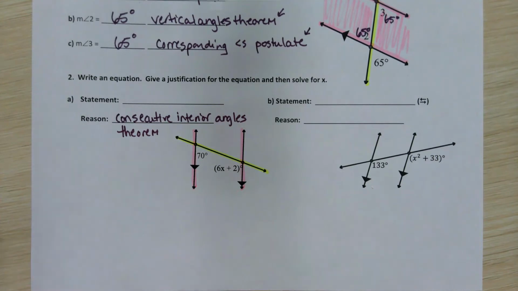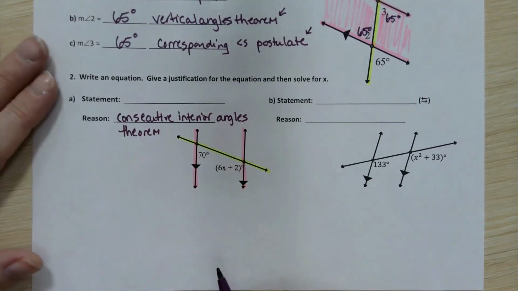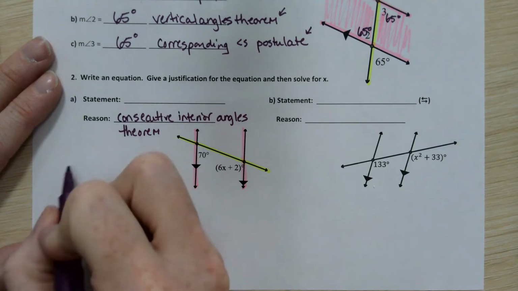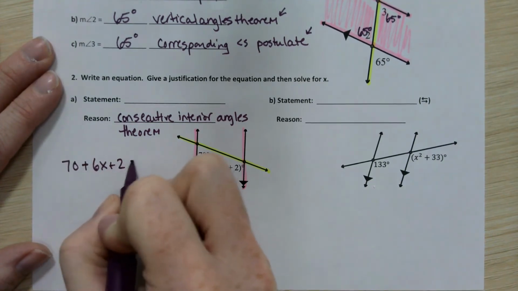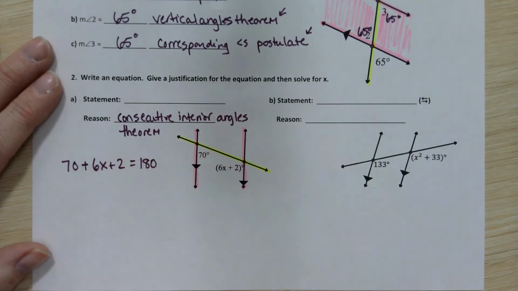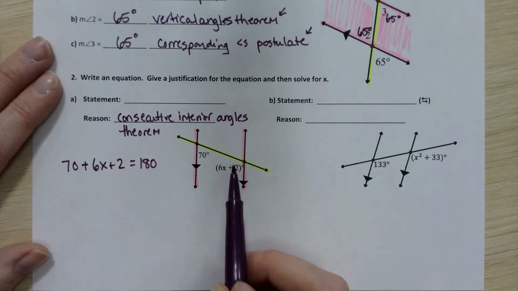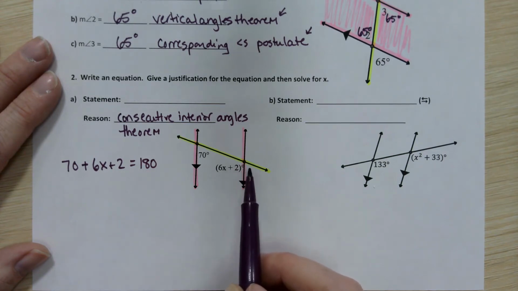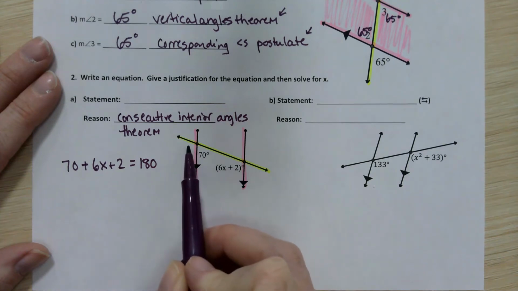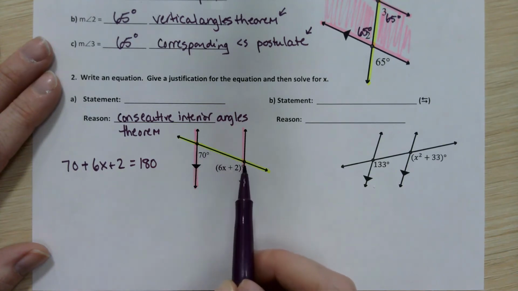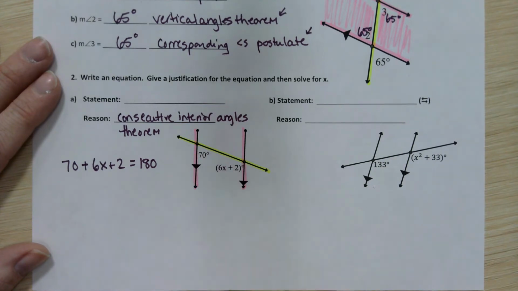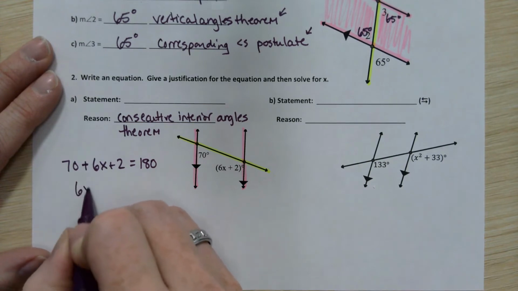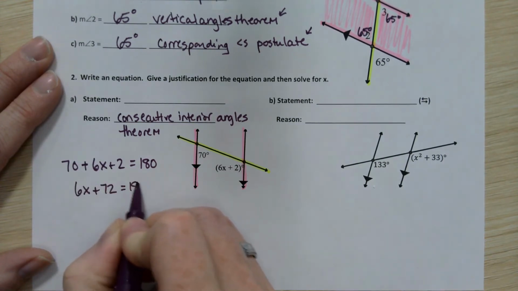And that consecutive interior angles theorem, remember, is up top if you need to reread it, but it tells me that these two angles are supplementary, which means I am adding them together to be equal to 180 degrees. They're not a linear pair. A linear pair would share a side in common, so it would be like 6x plus 2 in this angle, or 70 in this angle. These are pointing at each other, so they're not sharing that ray in common like a linear pair would,